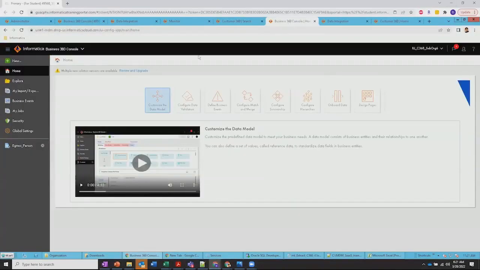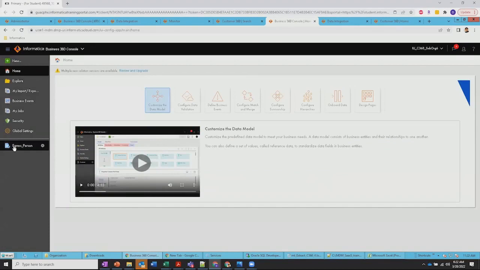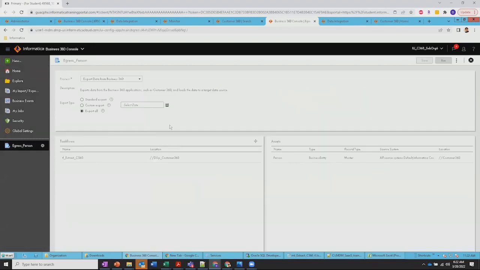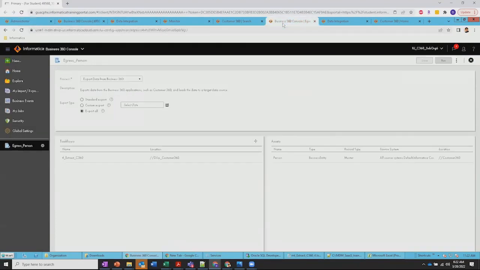So similar to the ingress, you also have another type of job called egress. Egress is a job where you are extracting the data from Business 360 to an outside system. The outside system could be a flat file, it could be any application, it could be any kind of system that the administrator connections can be established to. So based on those licenses, you could create your mappings, and the data from C360 can be exported and written